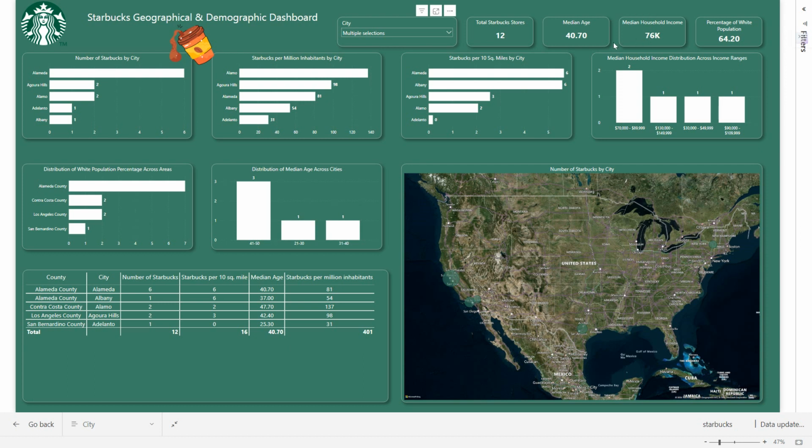Median household income distribution across income ranges 70,000 to 89,999. Two cities. If we see here,